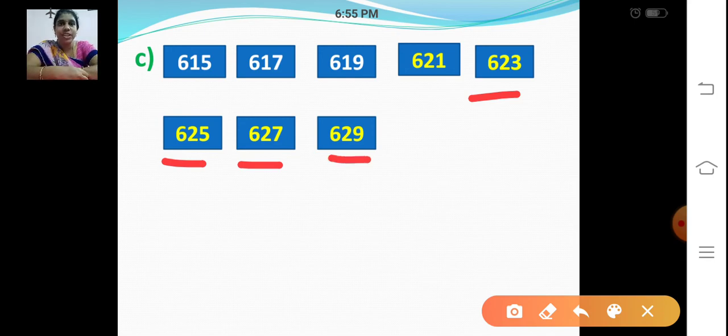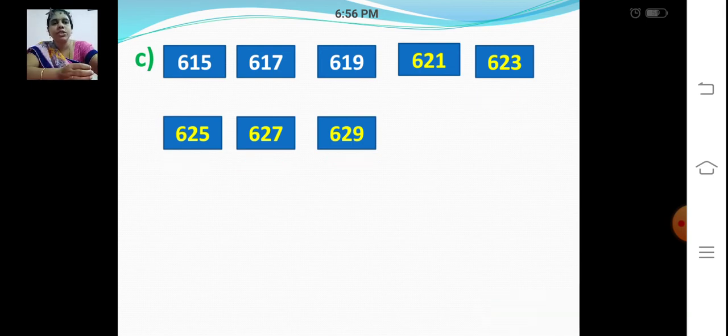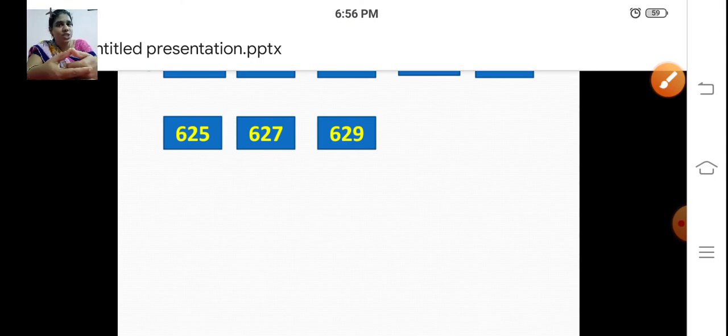So have you all written? So you all know how to skip count in twos, right? Just add two, just skip two numbers, or else count two numbers to the given number. Start from the given number, count forward, add two more to that number. So 615 plus 2, 617, and from that number again add two more to that. So 619, and from that add two more. So you all know how to skip count in twos, right?